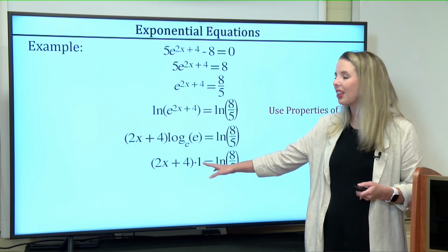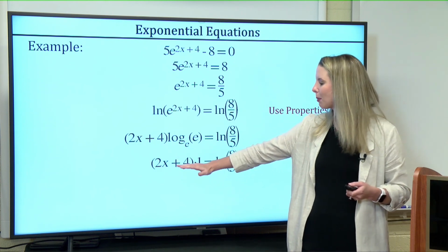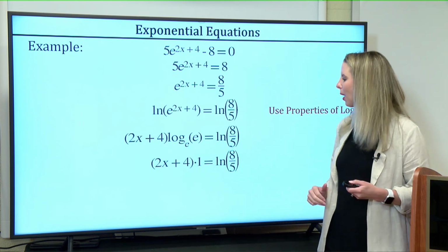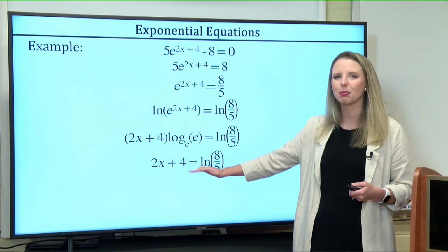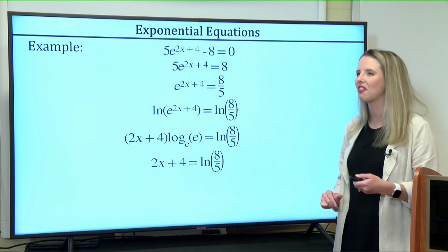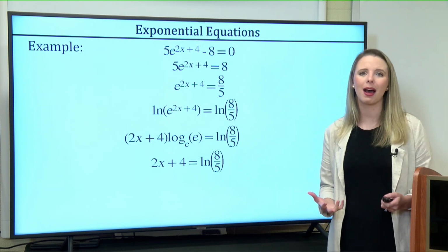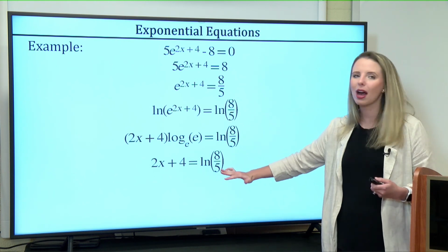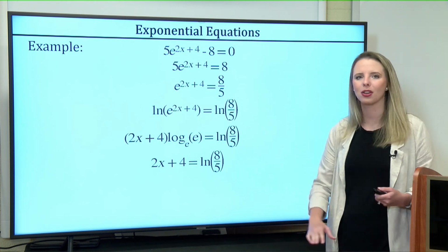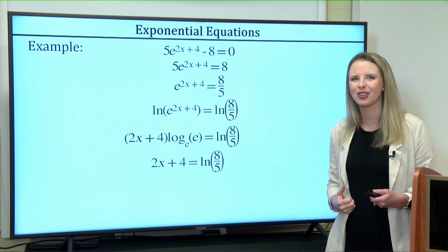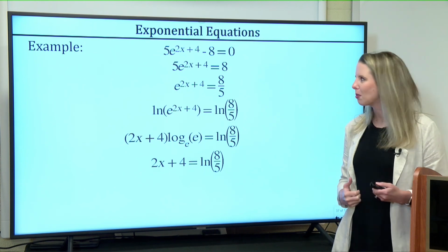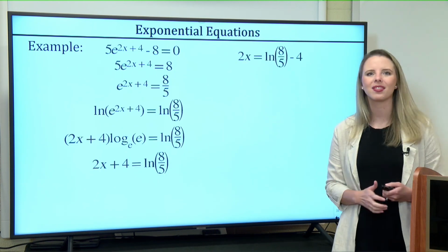Okay? We know that 1 is not going to change my 2x plus 4, so let's rewrite that to now 2x plus 4 equals natural log of 8 over 5. I'm wanting to get x by itself. That is my goal. Now I'm back to our basic two-step equation. What am I going to do next? Subtract 4 from both sides. And then